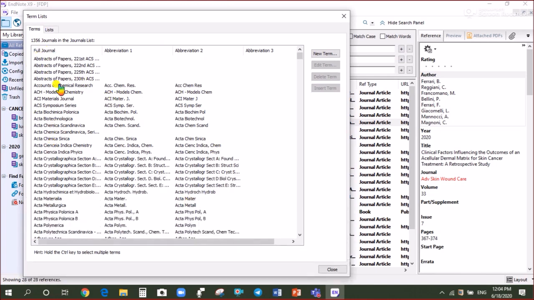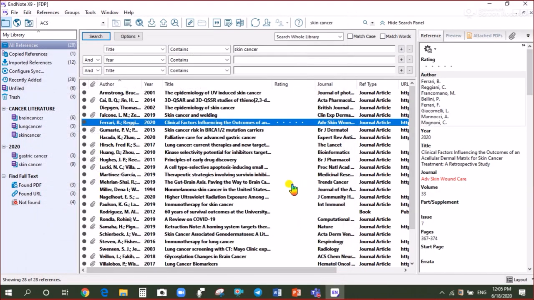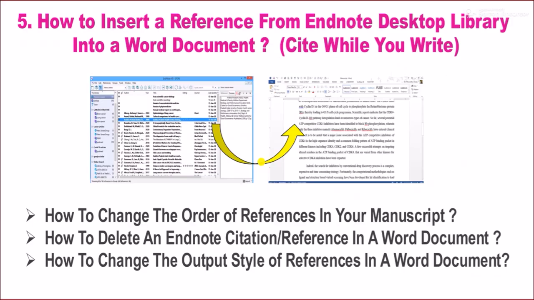See, full journal. You can see the full names of journal titles. And abbreviation one, you can see the abbreviation styles. Okay, close. So if you download this journals term list into your EndNote library, you can maintain the consistency of journal output styles. And now we are going to insert references from our EndNote desktop library into a Word document or